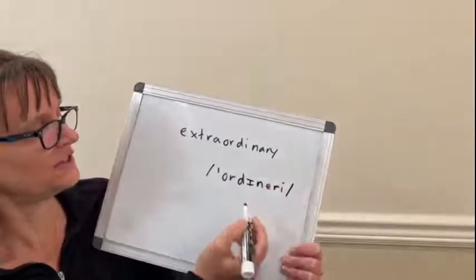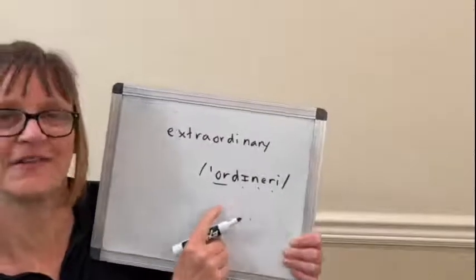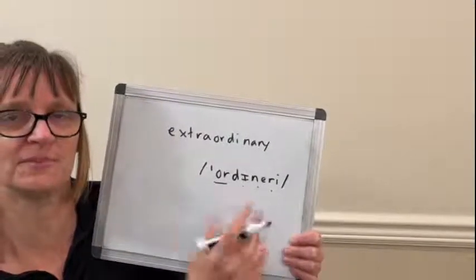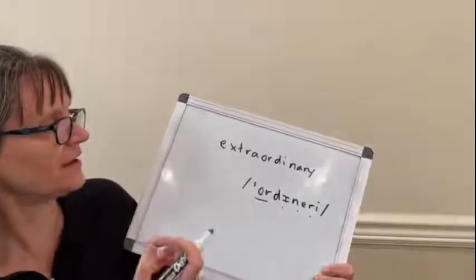So we have 4 syllables. Ordinary. Length and clear vowel on that stressed syllable. Then the unstressed syllables may have reduced vowels and they're going to be shorter. Extraordinary,